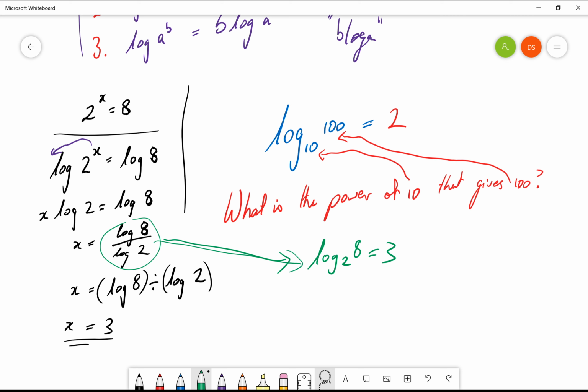So whether you write log 8 divided by log 2, or you write log base 2 of 8, it's the same idea. You're asking, what is the power of 2 that gives you 8? And that's 3. And that's how logs work here, okay? Interesting notation, but this is how you get the algebra from there to there,